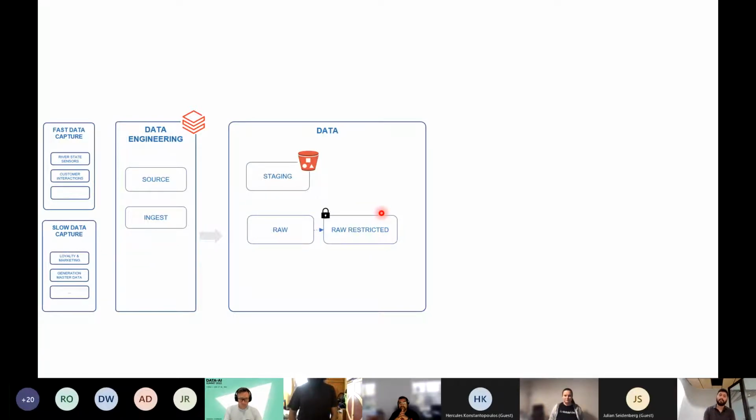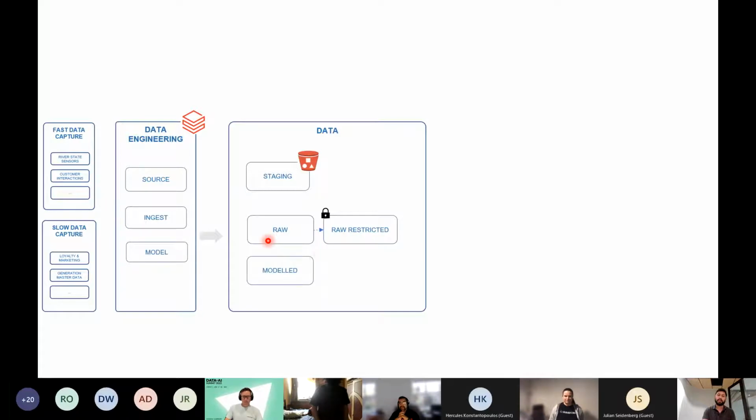So what happens is when a user comes onto the data platform, they by default go to raw and not to raw restricted, and that's by design. We only open that up for people who really want to look at customer names for some reason. For all intents and purposes, this raw layer is the data lake of the data platform, because it's going to have data which is true to the data source, and it will have all the history appended. It'll always have all the history, which is really the purpose of a data lake. So that's the data lake layer of the platform.